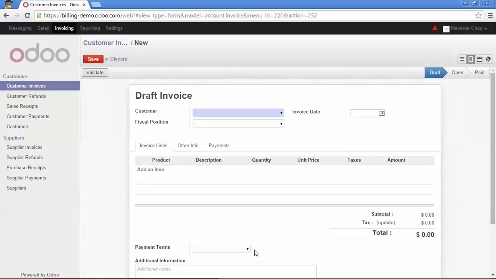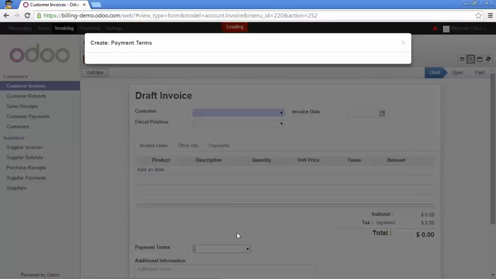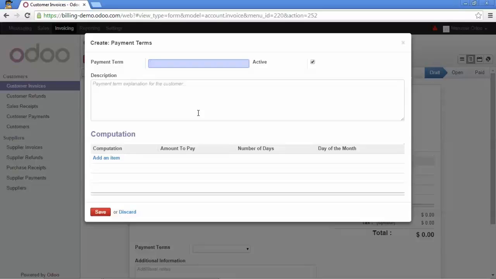From a draft invoice, here you can select the existing payment terms or you can create new items. Here I would like to create new payment terms to get 30% of the total amount in advance and the balance after 30 days, end of the month. You can add also a description to print in the report in order to explain this payment term into more details. And then you can turn to the computation rule,